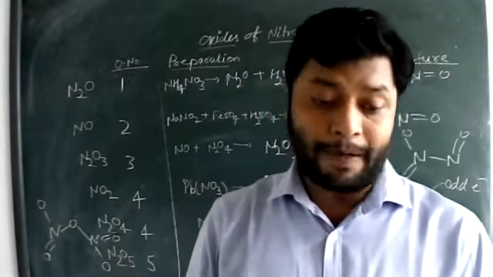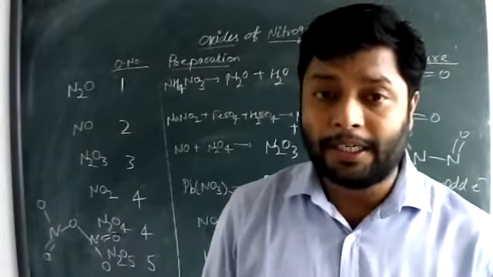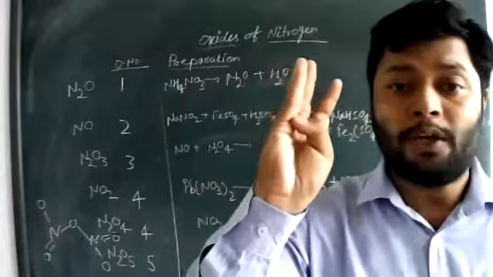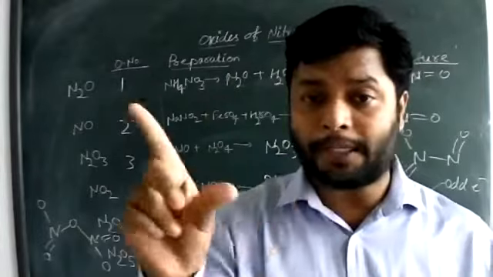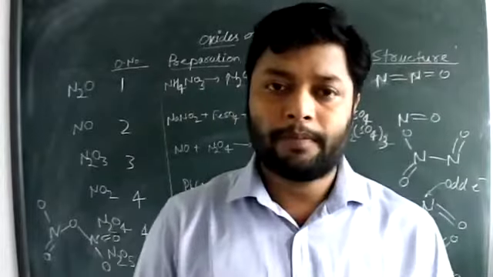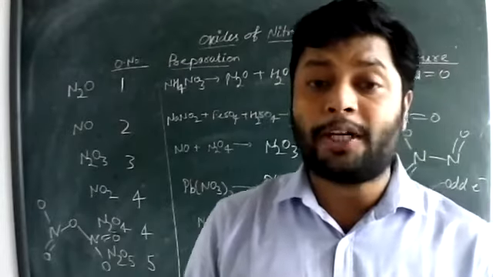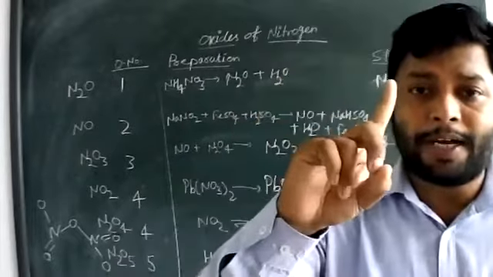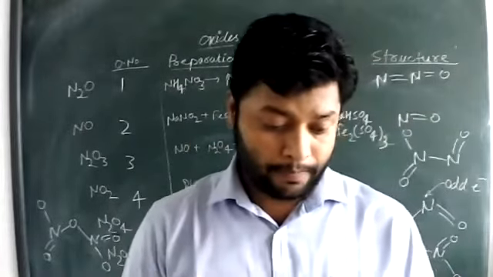Illustrate how copper metal can give different products on reaction with nitric acid. So how does copper react with nitric acid? You have to go through the reactions of copper with dilute HNO3 and copper with concentrated HNO3. That will give different products, like nitrous oxide, nitric oxide, copper nitrate. Give the resonating structures of NO2 and N2O5. The first resonating structure I already made on the board. Just change the positions only.